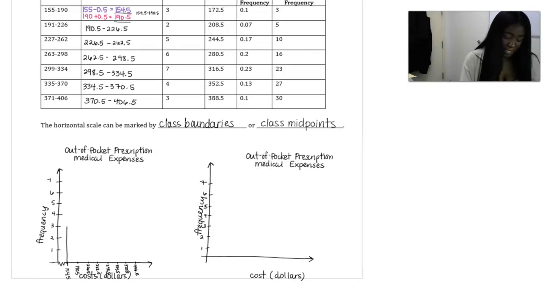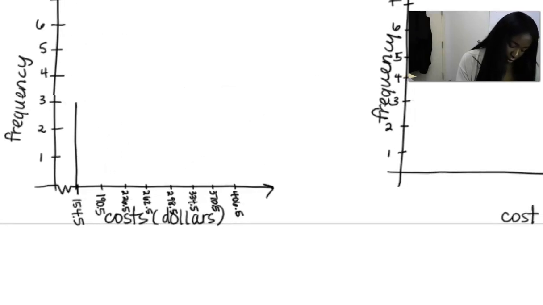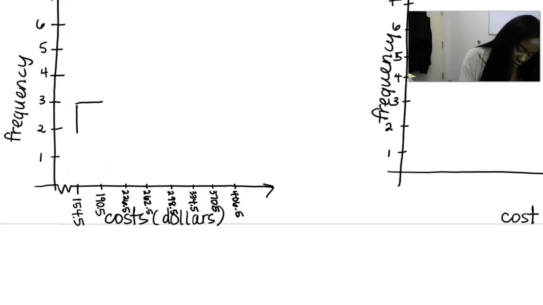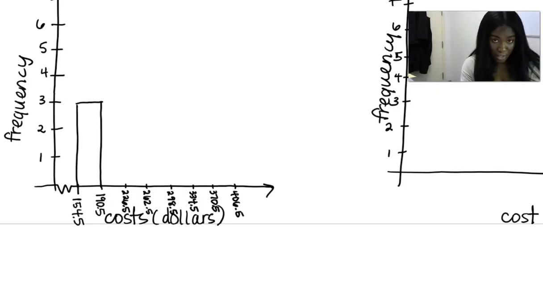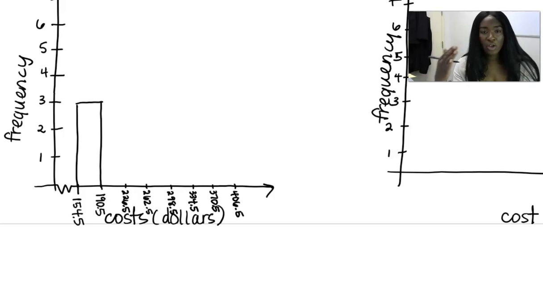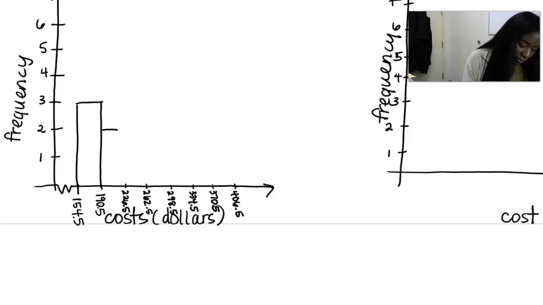So for that first class, from 154.5 to 190.5, it had a frequency of 3. So I'm going to sketch in a bar that has a height of 3. And notice how that bar is starting on the lower class boundary of 154.5 and ending on the upper class boundary of 190.5. The second class had a frequency of 2, so we draw a bar in that goes to